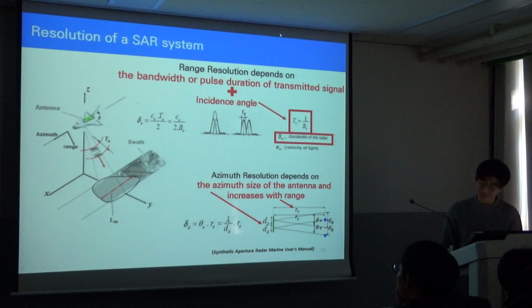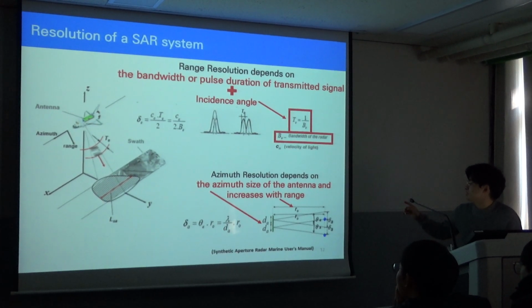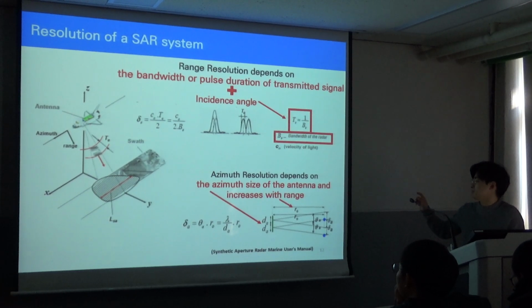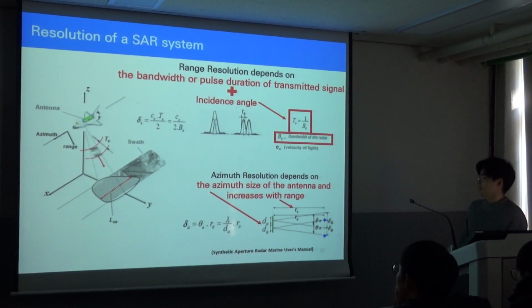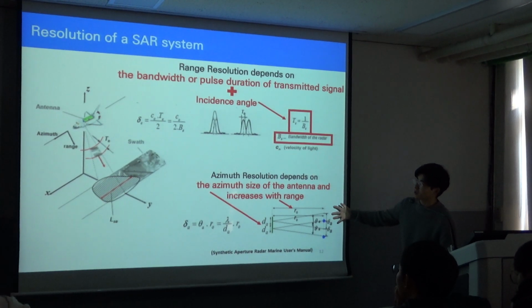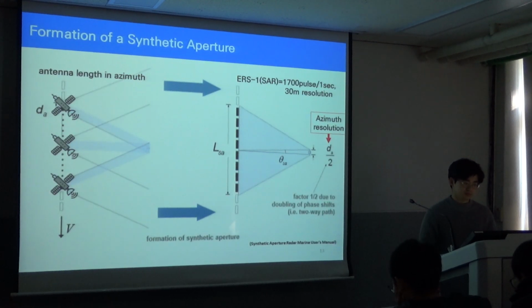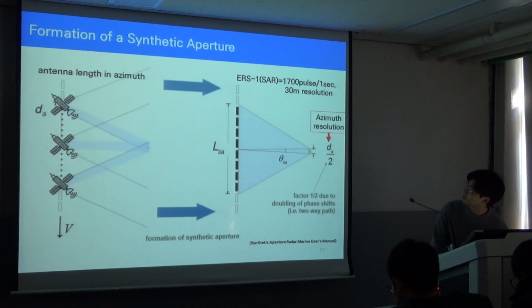And azimuth resolution depends on the azimuth size of the radar and increases with range. As I said before, a bigger antenna can have a good azimuth resolution. And the formation of the synthetic aperture